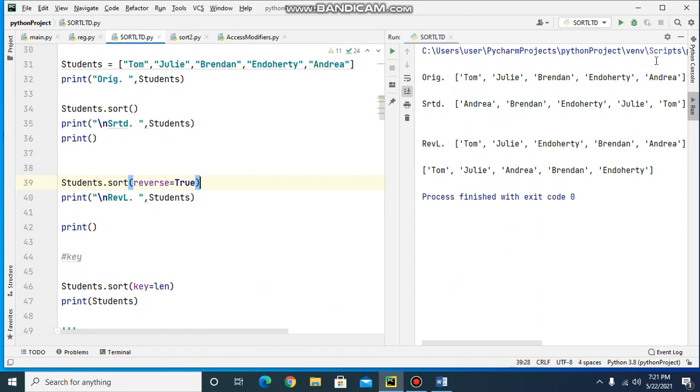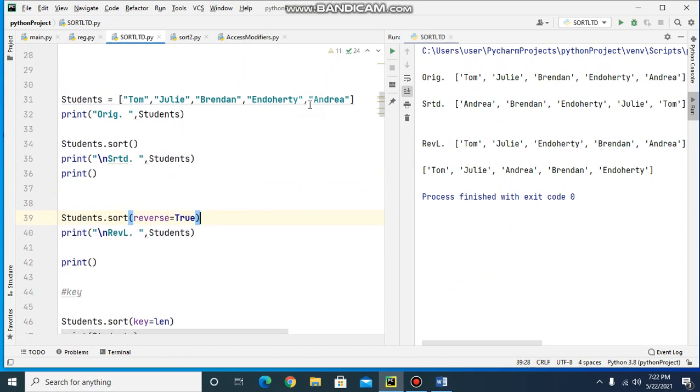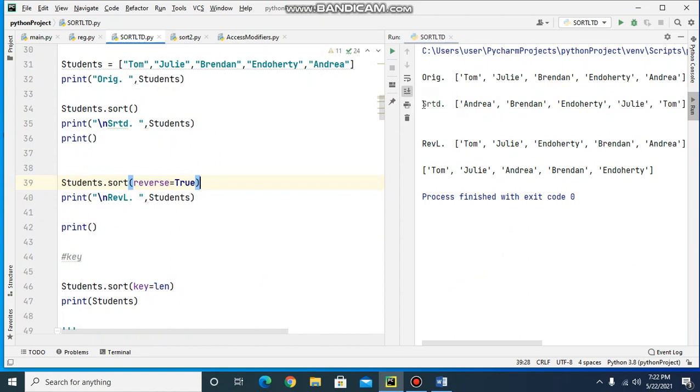So this is the original list, that is this list here, and this is the sorted list in the ascending order starting from alphabet A, Andrea, to Tom, and this is the reverse list starting from T, Tom, to alphabet A, Andrea, and this is the list that is sorted on the length.